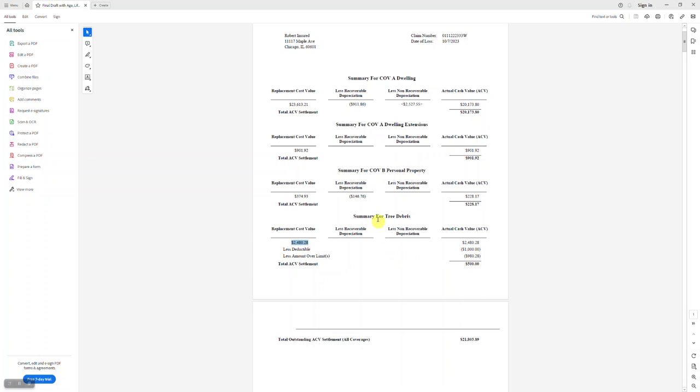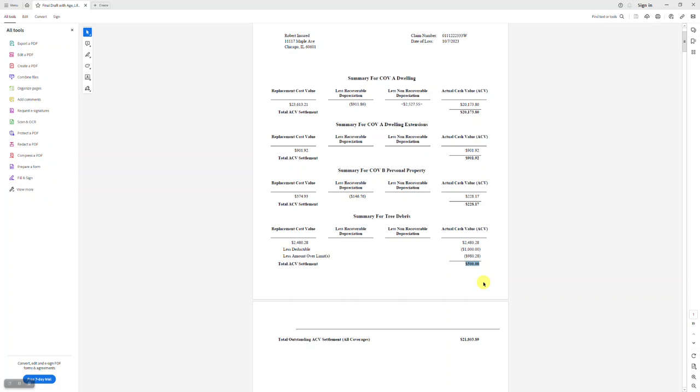$1,980.28. The deductible by Xactimate has been moved automatically from the dwelling coverage down into the tree debris coverage, and it's being absorbed into that excess. So Xactimate is saying, here's how much the total cost is to do that job. We're moving the deductible. We're subtracting that out of the limit. It's leaving still an excess over the limit of $980.28, and that still leaves enough money to pay the insured the entire policy limit, which we always want to